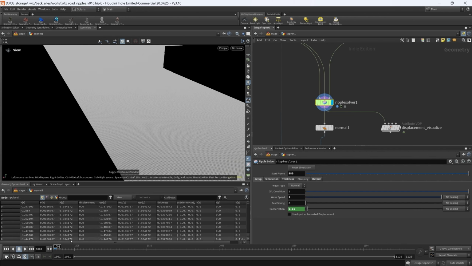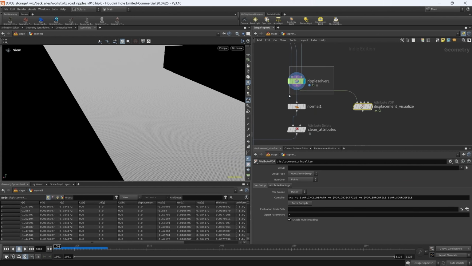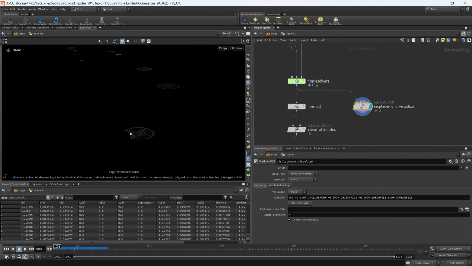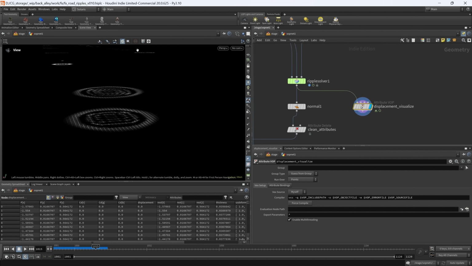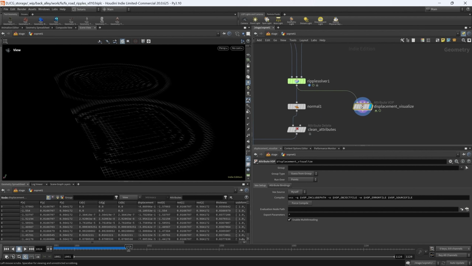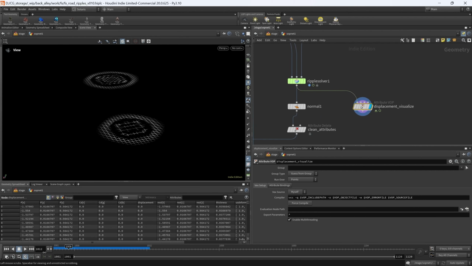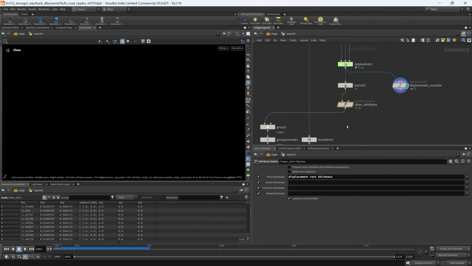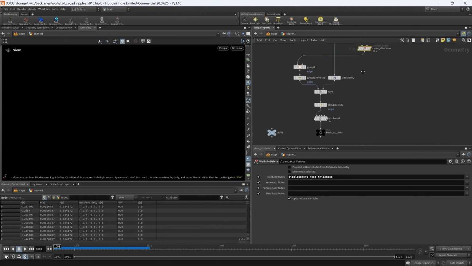And if we play back this, we can't see anything. In this case, I decided to export some attributes and just visualize this displacement. And in this case, we will see ripples. Yeah, that's good. All works well. After that, I'm recomputing normals, cleaning some attributes,